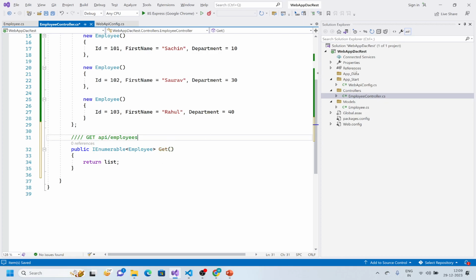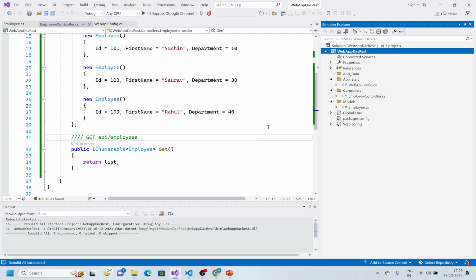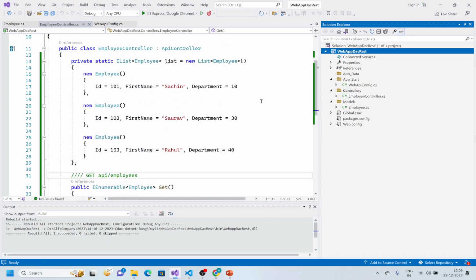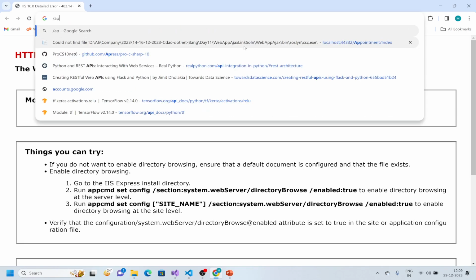How will I verify? See, there is no view now. So that means if somebody makes a request to this web API, we are just giving what? We are just giving the JSON. Okay, so let us run this now. यहाँ पे तो कुछ भी नहीं है. I'll make a request to API